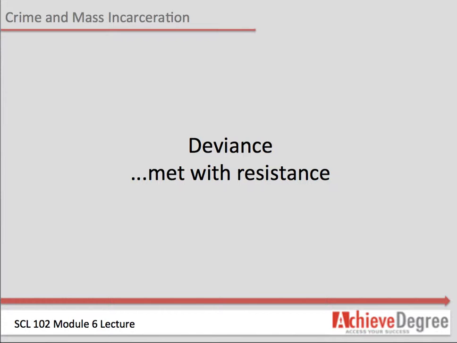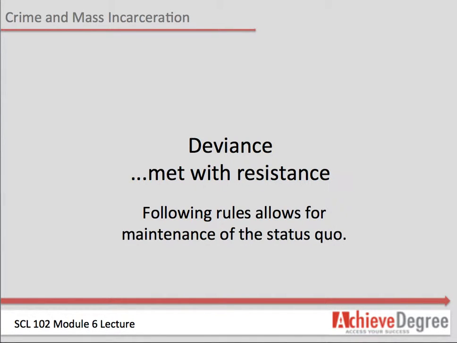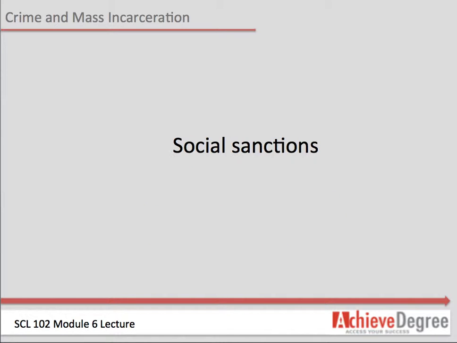People generally expect one another to follow social rules, which allows for the maintenance of the status quo or social order. To enforce social norms, members of society are constantly giving and receiving social sanctions. Sanctions are rewards or punishments for behaviors. Individuals generally receive positive sanctions, rewards, when they adhere to social norms, and they receive negative sanctions, punishments, when they